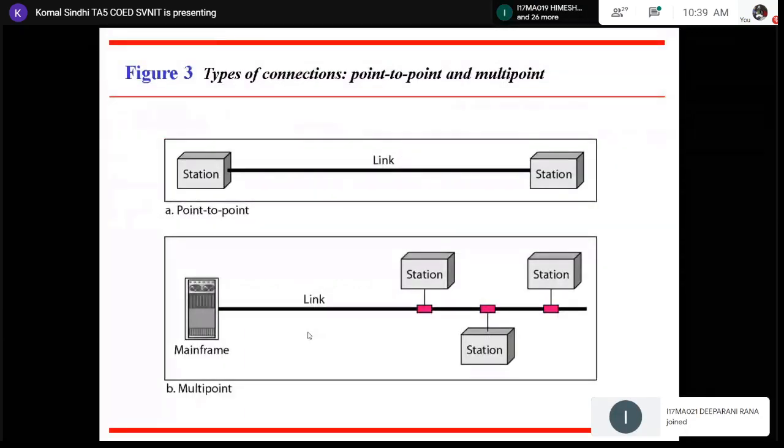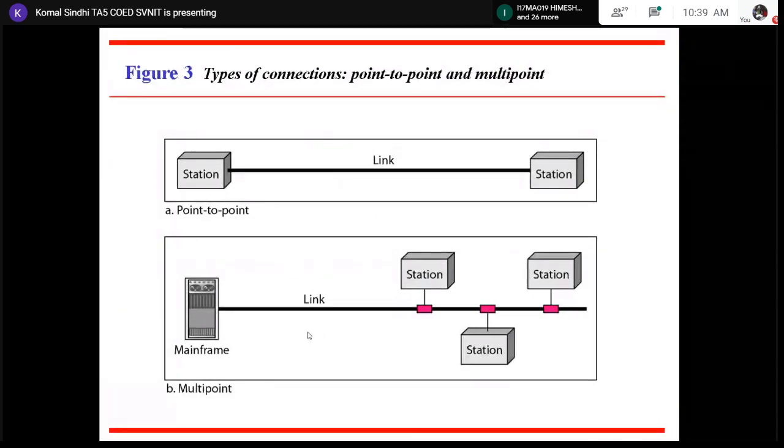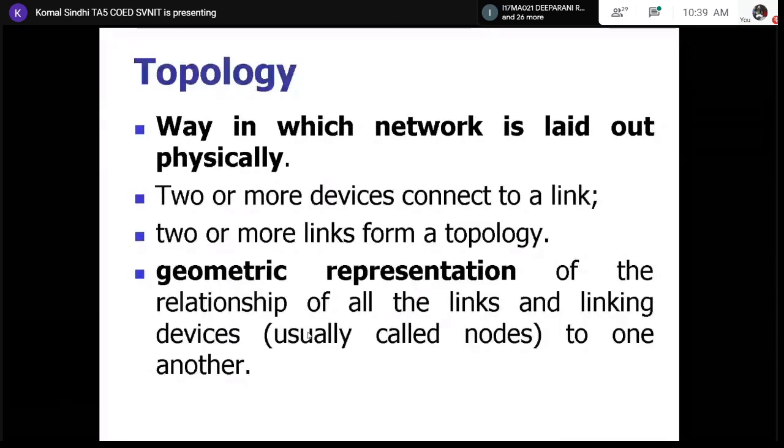Now we have two types of connections between any devices under consideration. First is a point-to-point link, second is a multi-point link. Then we have topology, which is the way the hardware or any devices are connected to each other physically, right?